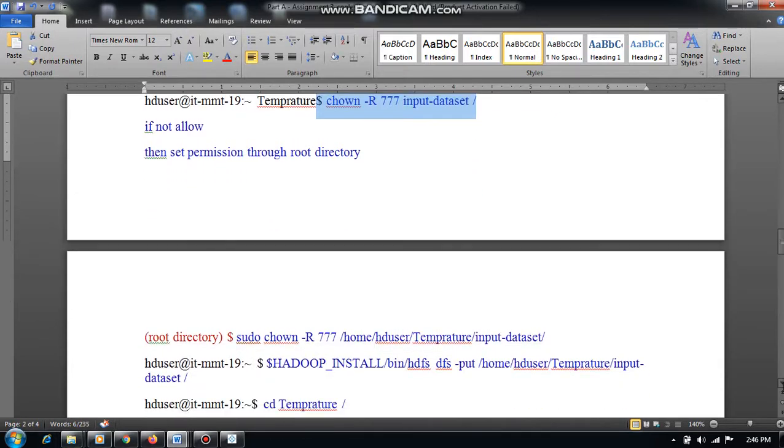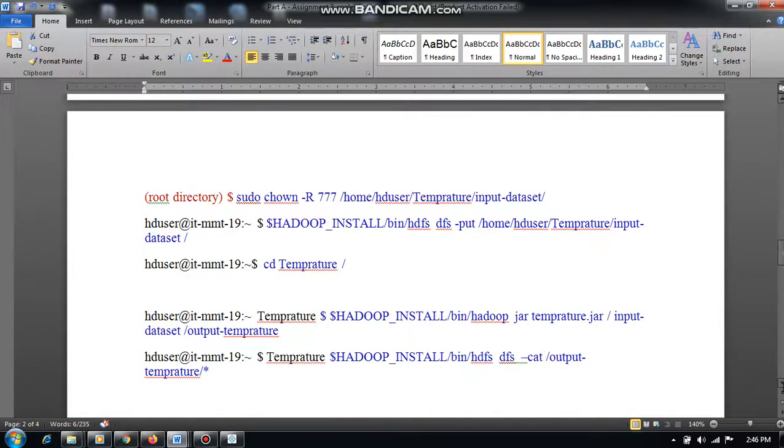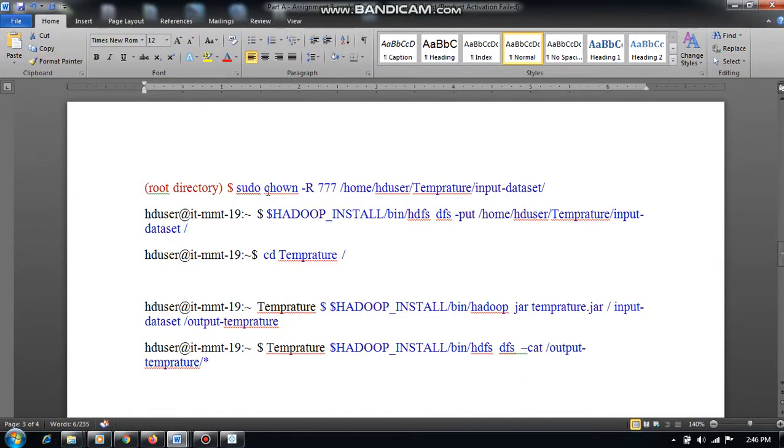Okay, now after this we have to put this input file onto the distributed file system. So start with the Hadoop install path. This is nothing but the path through which we provide the complete path of your Hadoop, then hdfs, the Hadoop distributed file system, then dfs is the command, and put is the command. Through this we are putting all the distributed data into that particular folder. Okay, so this is the complete command. Through these commands we are putting our data onto the distributed file system.